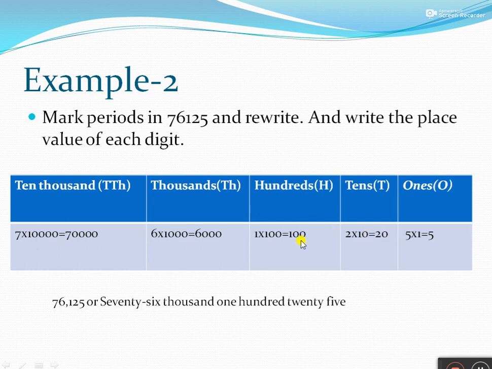So 5 2 1. After the 1 we have to put the commas. What are the thousand period digits? 6 and 7. So 76,125. In words, the thousand period and the hundred are separate, so tens and ones we have to write together. So now you say 76,125. Yes,